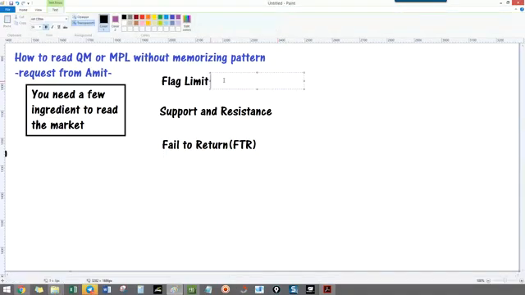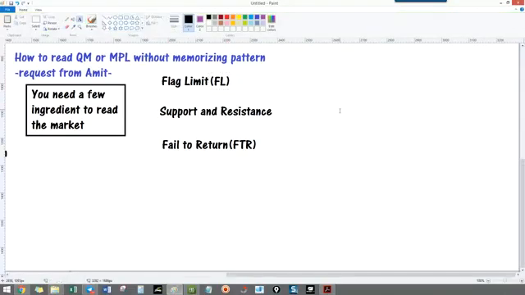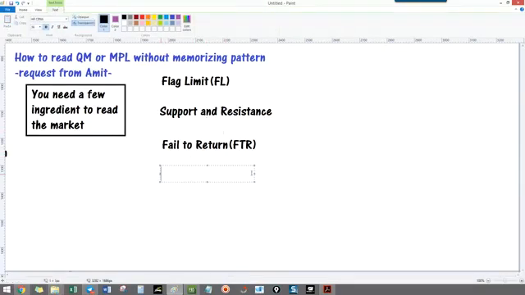This is FL. Alright, please note this down, this is the thing that you asked me. Flat limit, support resistance, fail to return,